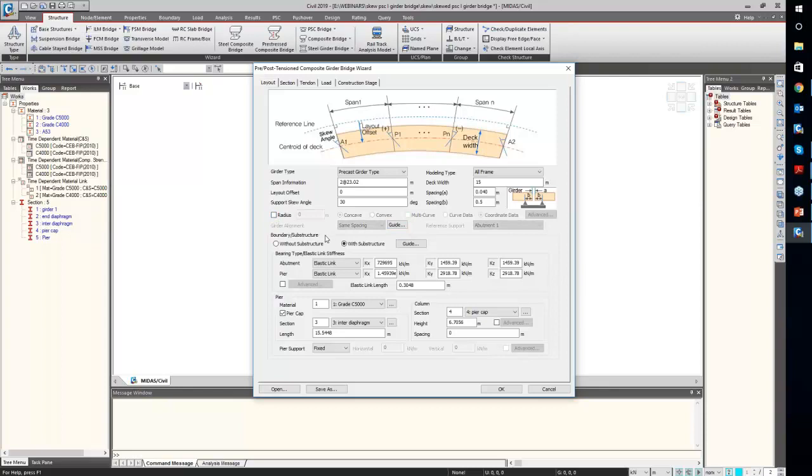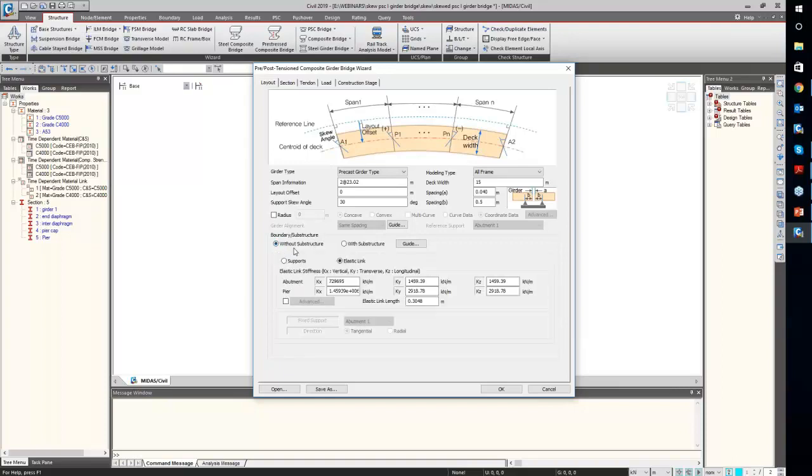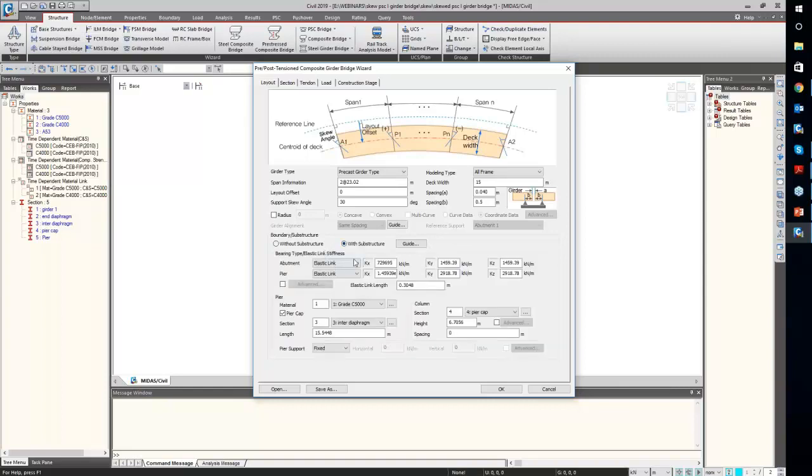Now, do I want to model the substructure or not? If I don't want to model the substructure, I can give the stiffness of my abutment and pier, and it will create a point support spring with the equivalent stiffness. But if I want to create the substructure, I need to define